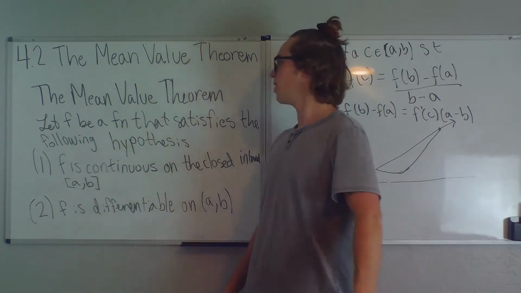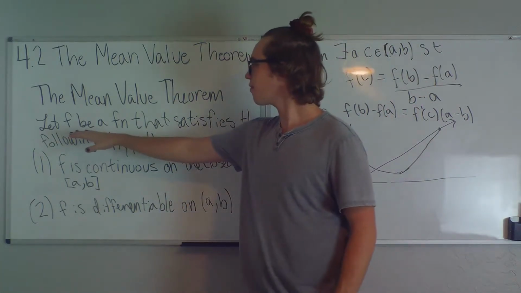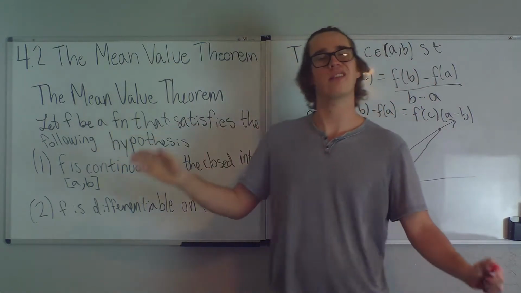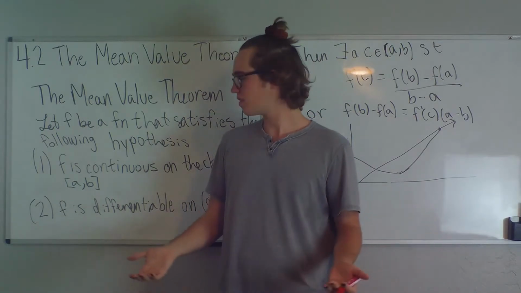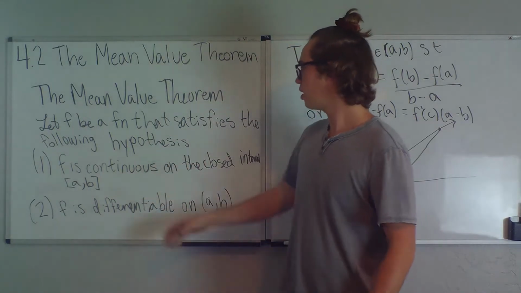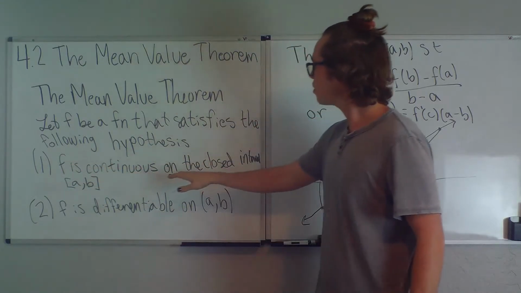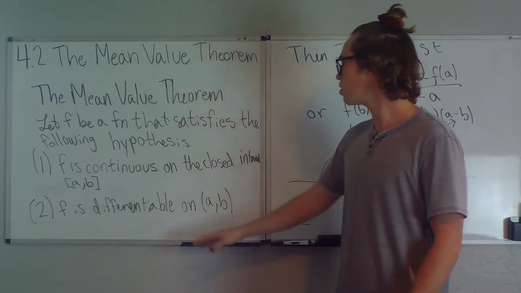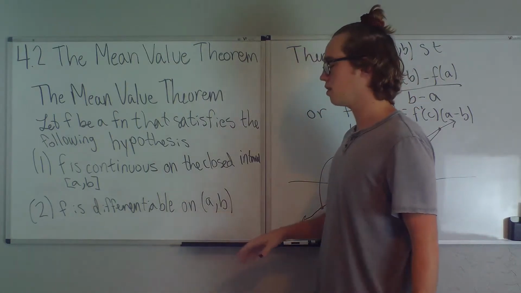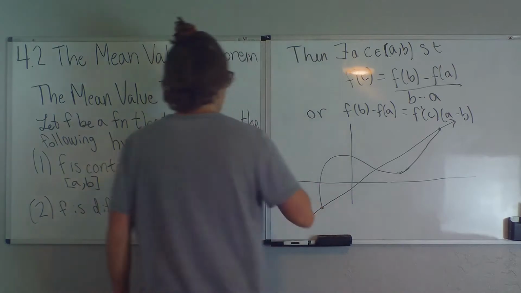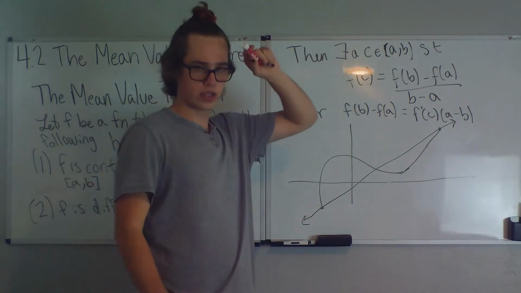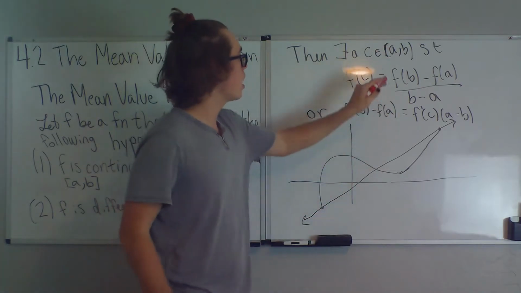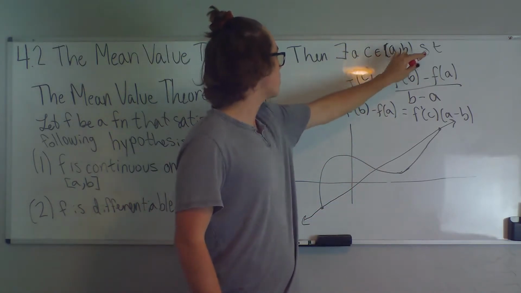Now onto the actual mean value theorem. Let f be a function that satisfies the following hypotheses. 1. f is continuous on the closed interval [a, b], and 2. f is differentiable on the open interval (a, b). Okay, then there exists, backwards E, there exists a c, just a constant or number in (a, b) such that